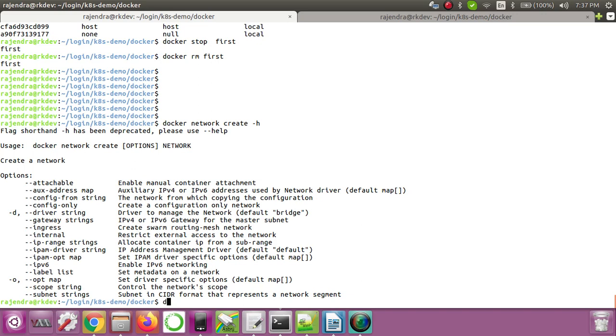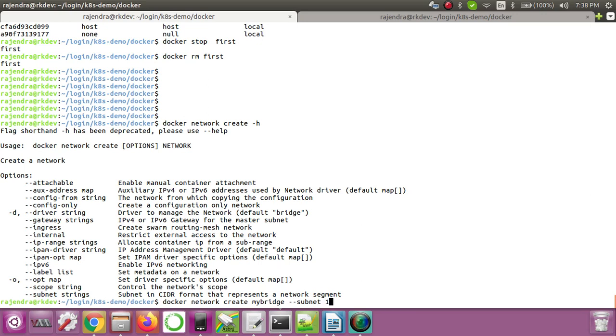So how we can create: docker network create, I'll give my bridge network name, and then the subnet. For subnet what we have to give is --subnet, and then the range.